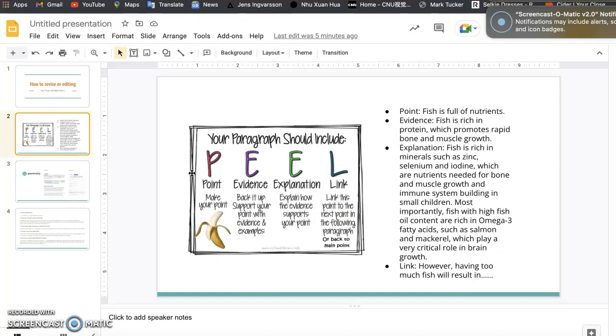selenium, and iron, which are nutrients needed for bone and muscle growth, and also immune system building in small kids. But most importantly, fish with high fish oil content are rich in omega-3 fatty acids, such as salmon, which plays a very critical role in brain growth. And finally, the link can be like a contrast. Like, however, having too much fish will result in some kind of disease or some other disadvantage of having too